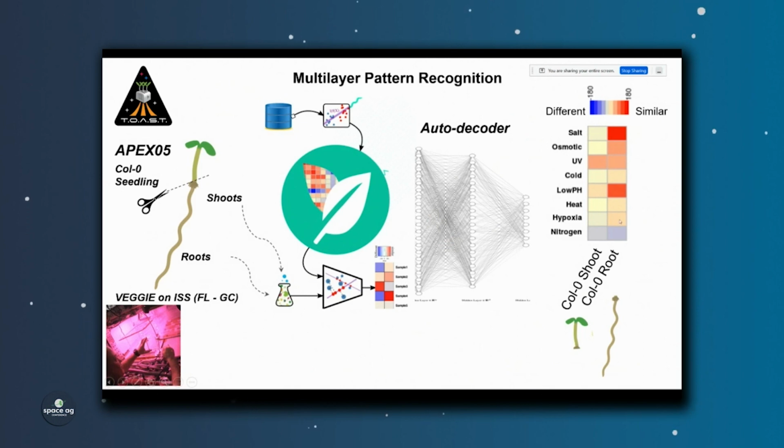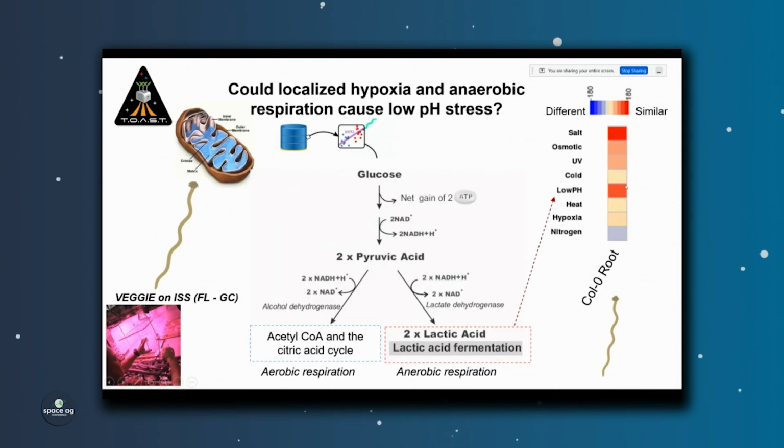So although there is some similarity between hypoxia and spaceflight, ultimately, when you focus in just on the roots, what we can see is that the major stress that the plant roots are experiencing in the Veggie growth system appears to be more closely related to a low pH stress or salt stress. So let's think about hypoxia, the initial hypothesis that we had, and essentially the respiration process that's